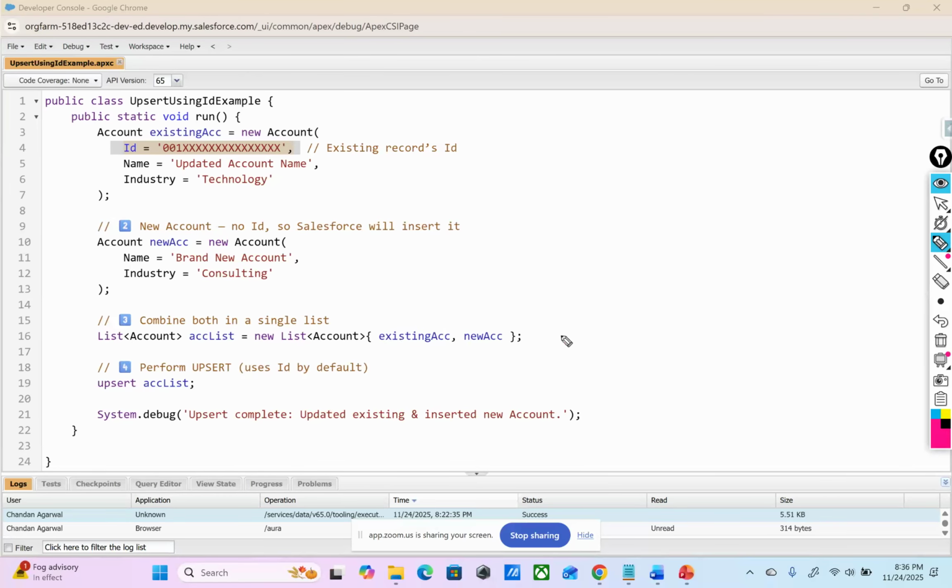So that's it. This is another syntax. Either you can say accountList.add, and then say existing account, or you can write it this way where you're passing both these elements onto this list. Okay, so now you have two elements in the list. Now what you're trying to do here,